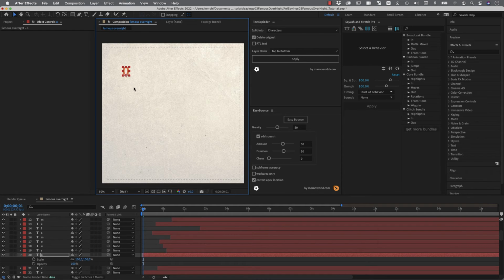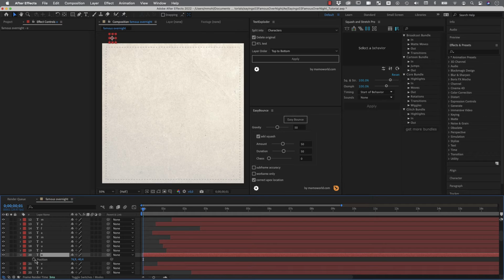And before I do this, maybe also later I want to rotate this O. Yeah, it should rotate while it's bouncing around. So I make sure that the anchor point around which it rotates is in the middle of the layer, roughly like this. Okay. And now I can keyframe the position. So we want to start here, and I click with the layer selected on P to see the position and set a keyframe.